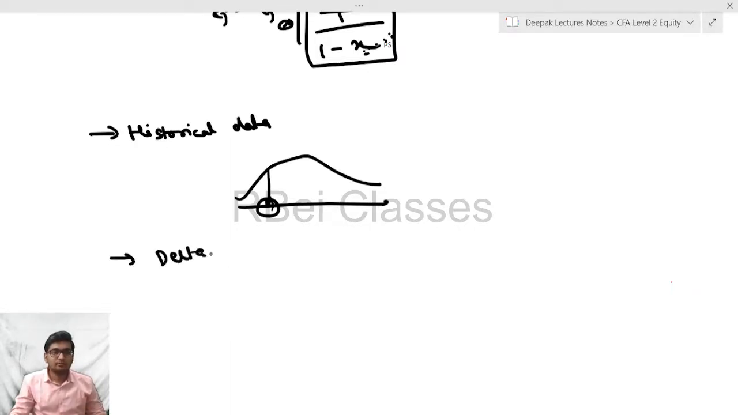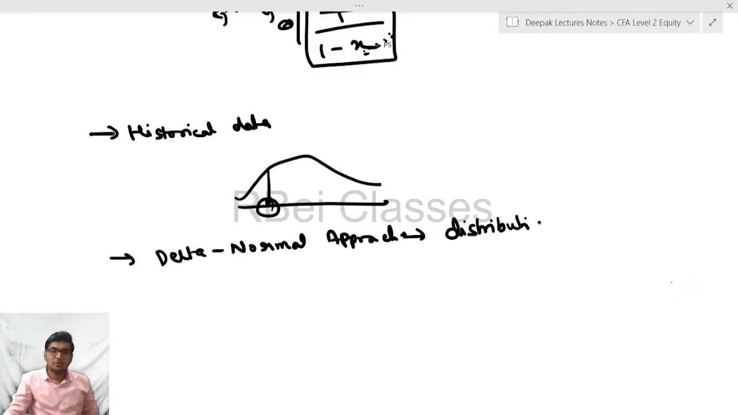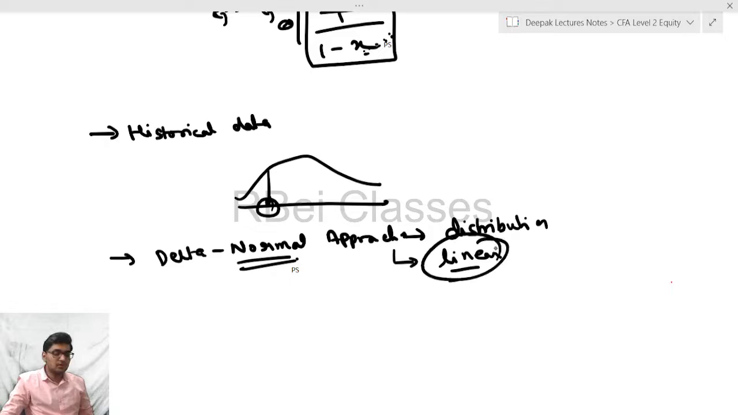Delta normal approach. Clear? In this we calculate the VAR with the help of distributions, or you can say with the help of the normal distribution. Clear? But there is a problem with the delta normal approach: it works only for those portfolios which are linear in nature, like forwards,